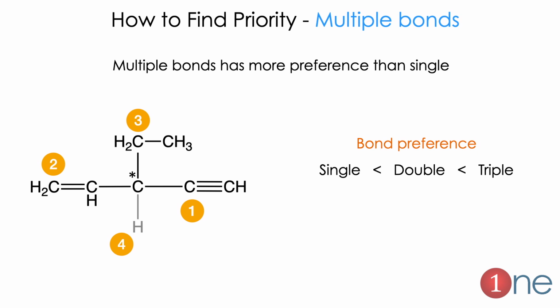Then what do you do if you have multiple bonds? Here is an interesting case: the chiral carbon is connected with 3 carbons, but the 3 carbons are entirely different, because one is an alkyl carbon, another is an alkene carbon, and another is an alkyne carbon. How do you give the priority here? Hydrogen, everybody knows, will come last, so 4. Which do you give first priority? You have to give priority to the triple bond, because you can consider it as a carbon connected with 3 carbon atoms. So the triple bond will have the highest priority, then the double bond, then the single bond, and at last hydrogen. So the story here is that multiple bonds get higher priority.